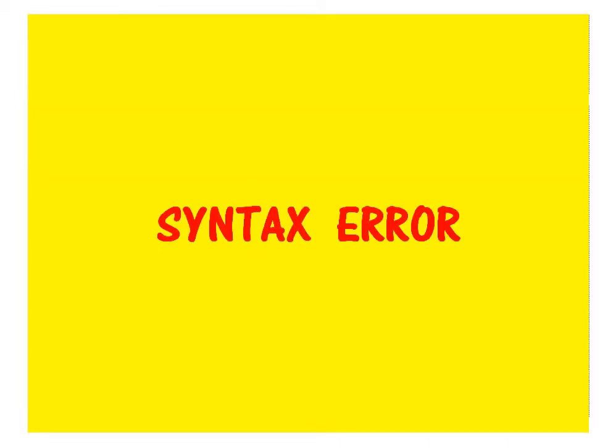First, syntax error. It occurs due to the violation of one or more grammar rules. Syntax means the rules of a program for writing a program. The compiler detects syntax errors at the time of compilation. The compiler acts as a translator where source code is converted to object code. These errors are easy to locate and remove because compilers specify the location and type of error. A program having a syntax error cannot be compiled or translated.